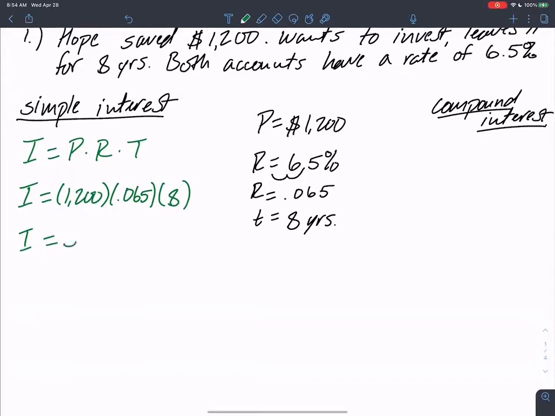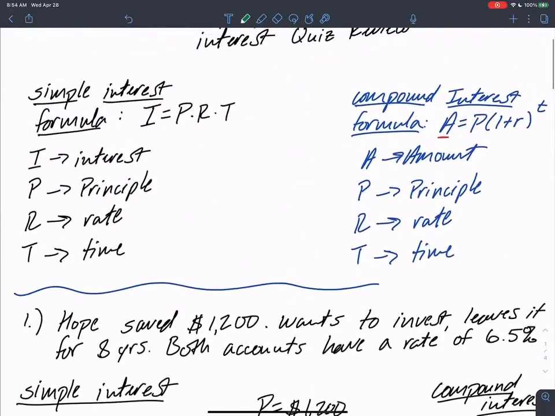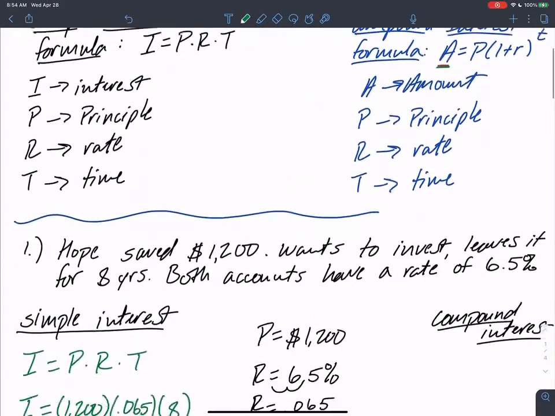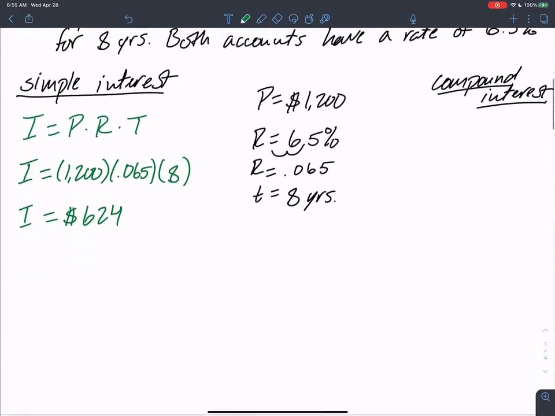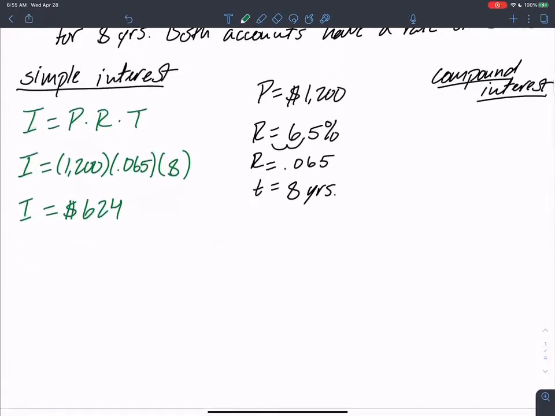So the interest is 624. That's the interest, okay? If you notice, the compound interest account has an A for amount. We want to know the total amount, okay? So very carefully, you want to make sure you're reading the question. Am I asking for how much interest, or am I asking for the total amount? The total amount for this one, though, for simple interest, is going to be